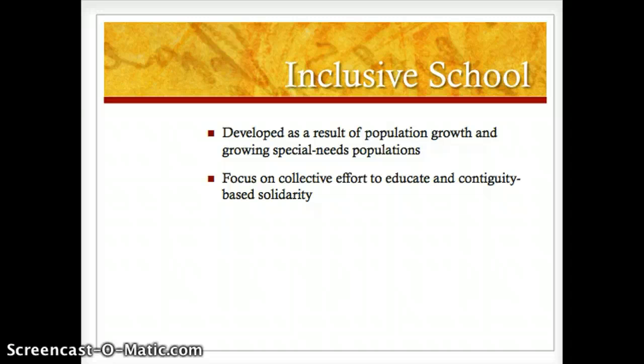It moves beyond the limitations of formal relationships of schools. It authentically promotes solidarity or a sense of community and diversity. It again celebrates individual differences and embraces